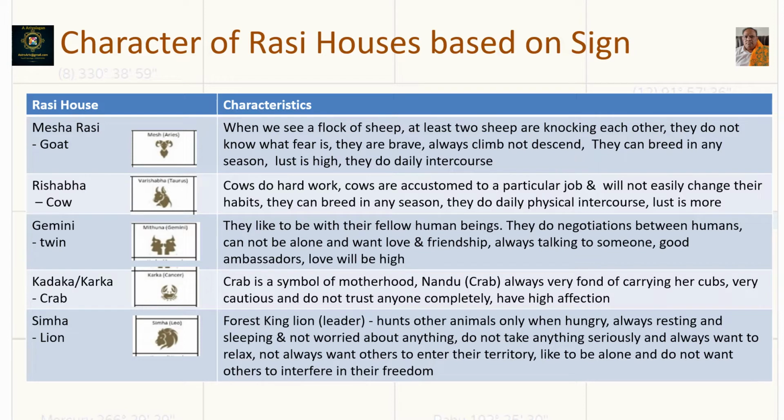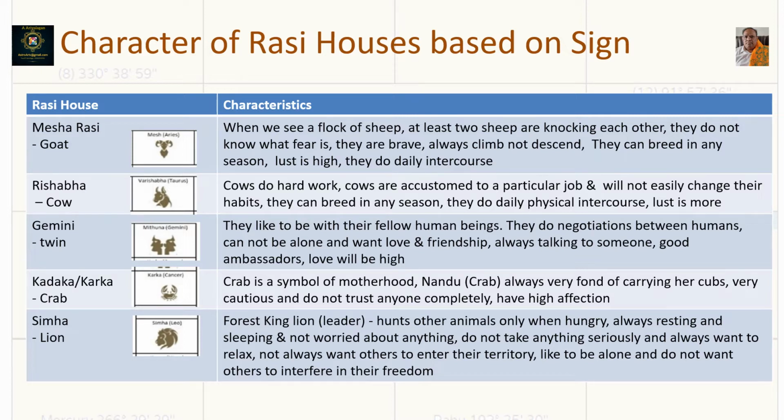Now this Karkataka Rasi is a crab symbol, and the crab symbol is a symbol of motherhood, because it is very fond of carrying her cubs, and very cautious, and does not trust anyone completely, and has high affection and love. And the next one is the Simha Rasi, and Simha is a lion, and the lion is the